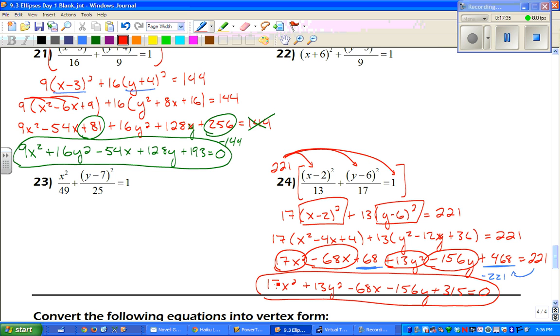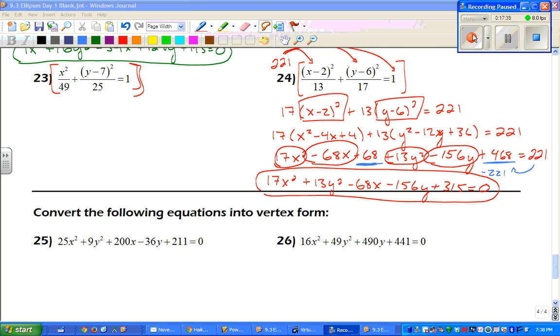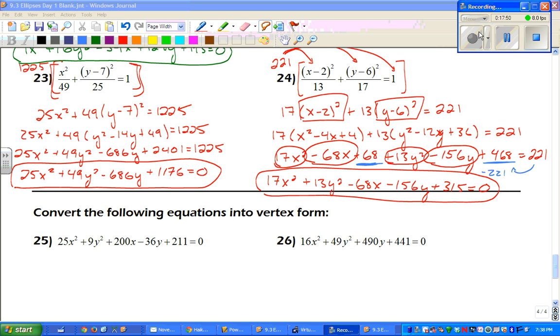Okay, give 23 a shot. Make sure you pause it. And then in a couple seconds, I'll put the answers up. So pause it, and then when you're done, push play again. And here is your answer. Make sure you guys take a look, check your work. And then in a few seconds, we'll move on to the last part of today, which will be towards the bottom,